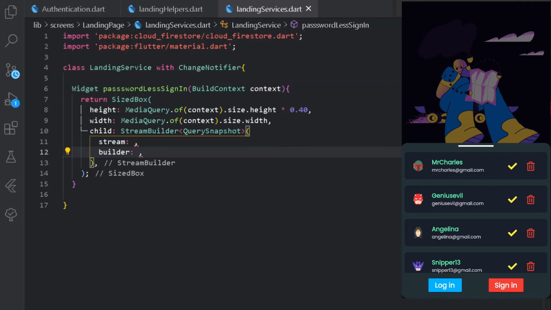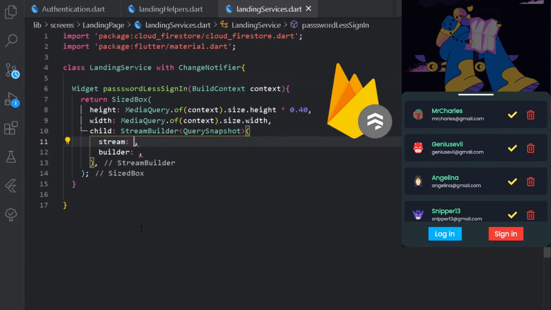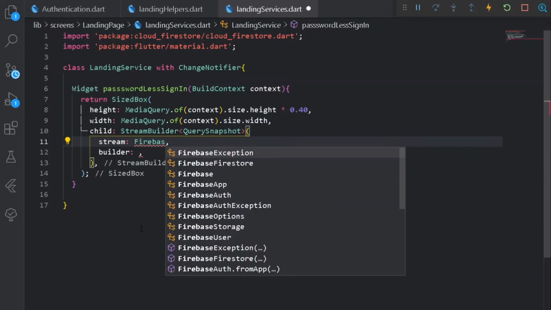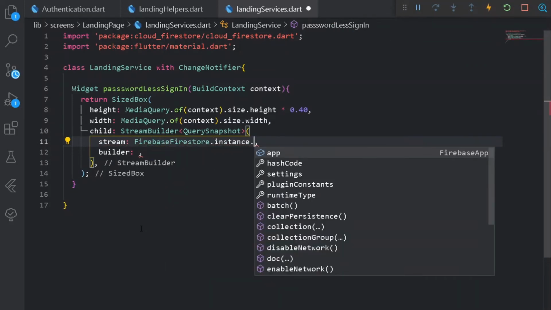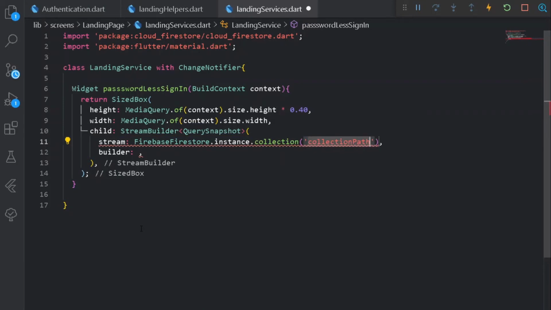in the form of an encrypted password, all the data shall be saved under our Cloud Firestore, and once the data is stored there, we shall be simply streaming all the data under the following sized box so that the user won't need to sign in again and again. So for the following stream, I shall be having FirebaseFirestore.instance for a collection. The collection shall be nothing but all users, which is empty for now.